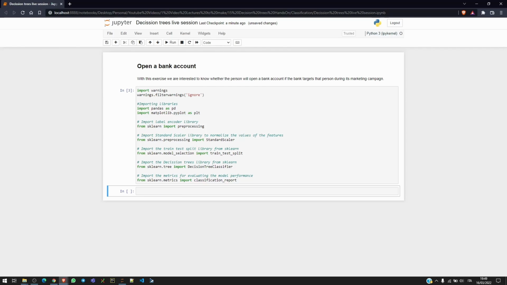Today we are going to understand how to implement the Decision Tree Classifier machine learning model on a real-world dataset, where we are interested to predict whether a person will open a bank account if the bank targets that person during its marketing campaign. As you can see, I have already imported the necessary frameworks that we're going to use